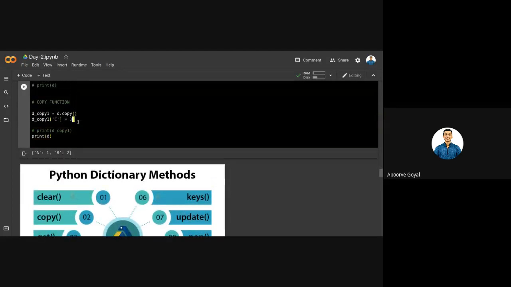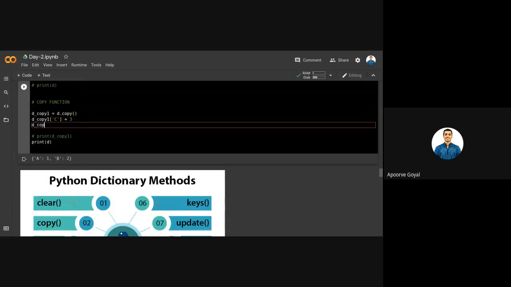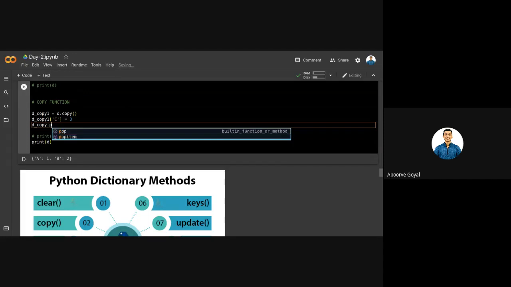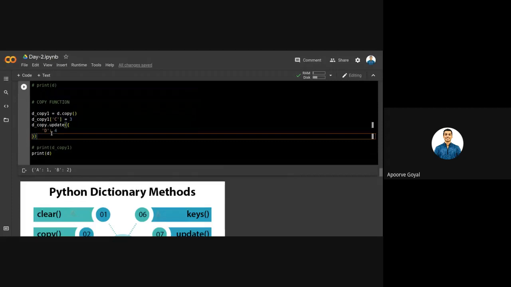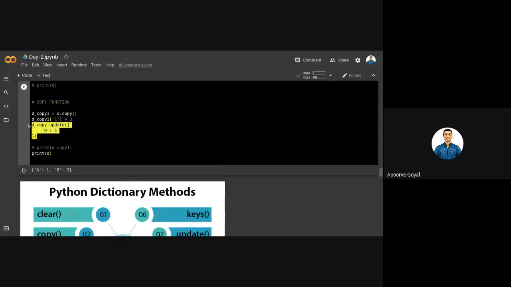What you are doing this way, you can also do with copy dot update, and here you can write d4. This is the same way you add a new key value pair in the dictionary.